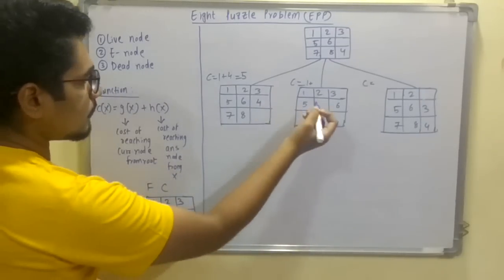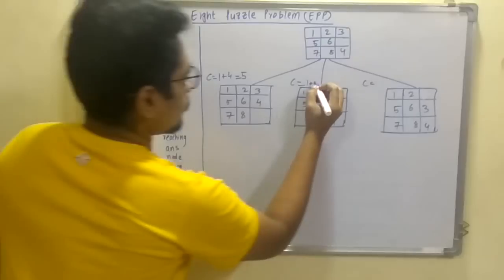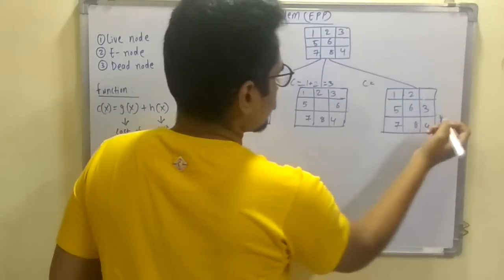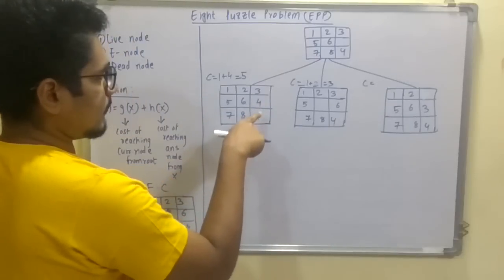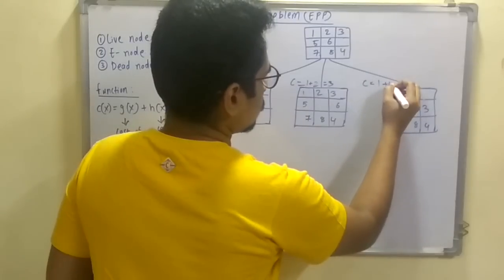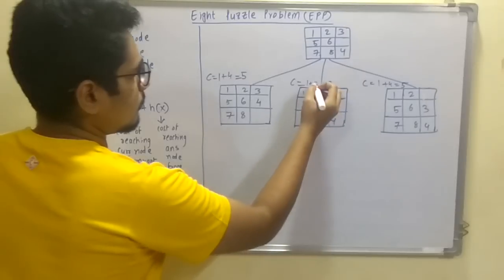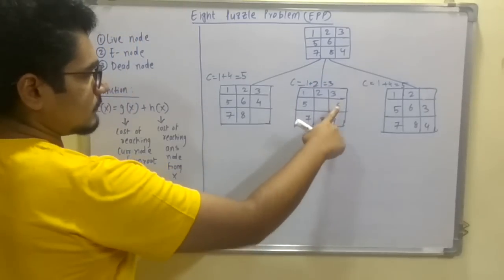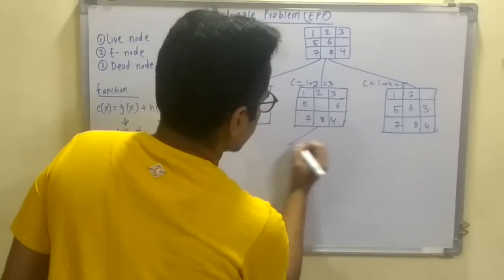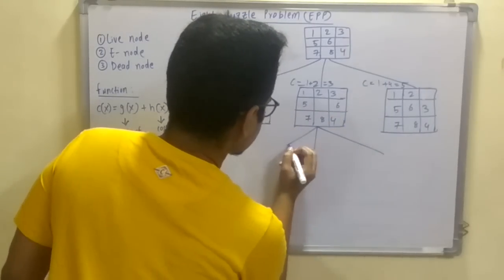So you have here 5 in its position, then you have 8, 7, so it would be 2, so a total would be 3, so cost would be 3. And here since this is symmetric, since 4 is moved up and 3 is moved down, this also has 1 plus 4 is equal to 5. So these are the costs. So we'll be choosing the minimum cost, and since this mostly reaches our final configuration, we'll be expanding this one. So now again these have further 3 possibilities.